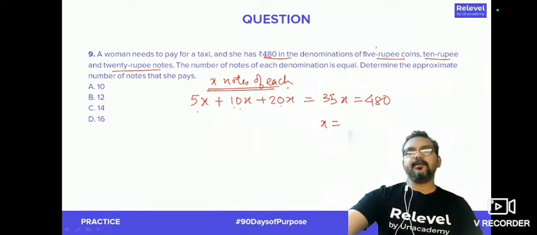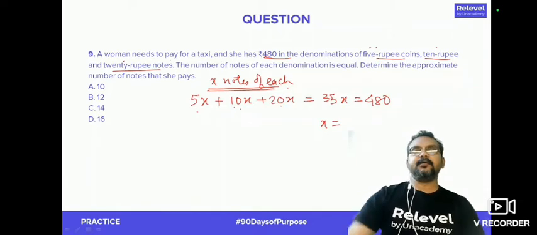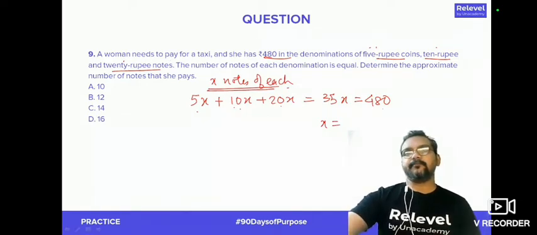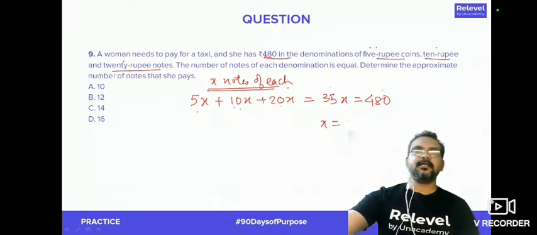5 rupee plus 10 rupee makes 15, and 20 makes 35 rupees. Since the notes are always equal, it will be like 10 of each. That means we make it 350 rupees. Okay, 12 of each would be making it 420 rupees, and in this manner. But unfortunately, 480 is not a multiple of 35. The data here is not consistent in that sense. However, if I had made it like 350 rupees instead,